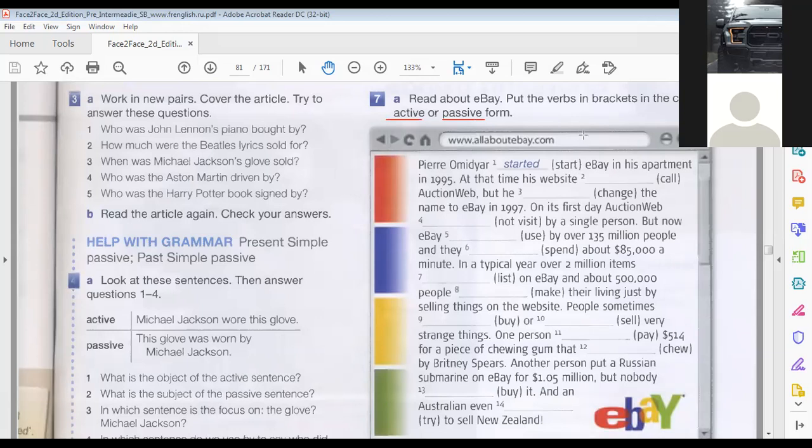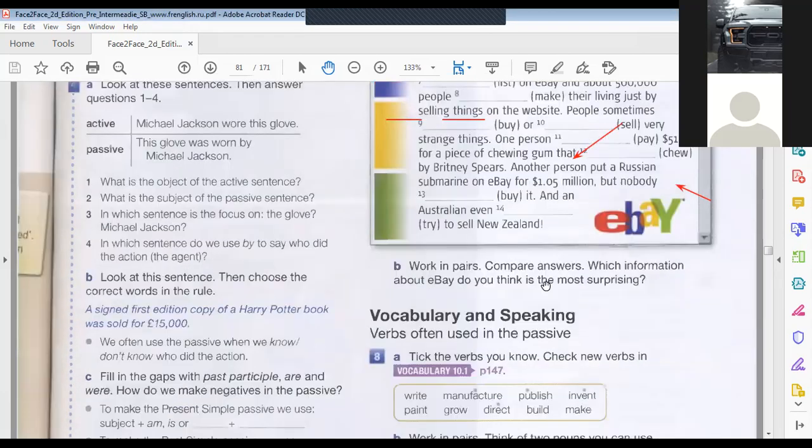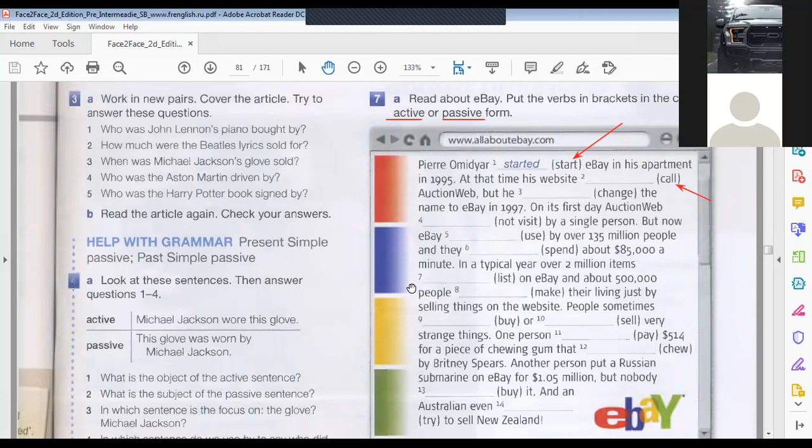The verb is given to you in brackets. This is the verb you have. It's up to you. Is it passive? Is it active? You need to think about this, okay? I'm going to give you a few minutes. When you're done, just let me know and we can check your answers together. Okay, so I'll help you check your answers. So take your time and you can start.